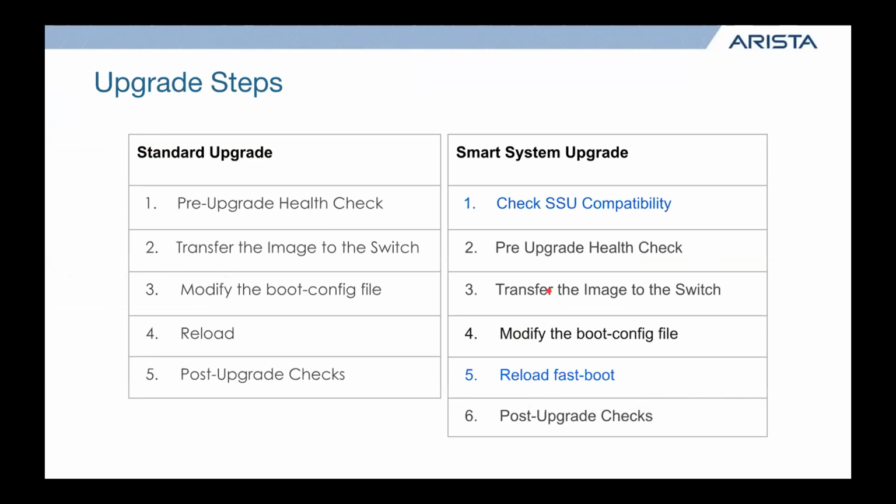So now that we understand the boot sequence, let's look at the upgrade sequence. So the steps we want to follow for an actual upgrade. Now you'll see our smart system upgrade is mostly the same with two big differences here. One, we have a command that lets you check your smart system upgrade compatibility. And then second, the actual command to reload is different. But let's start with the standard upgrade, and then we'll do a demonstration of that, and then we'll talk about the differences here. So standard upgrade, and same with our smart system upgrade, we always want to have pre-upgrade checks.